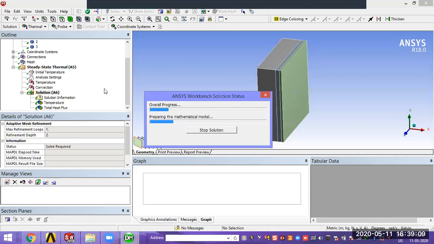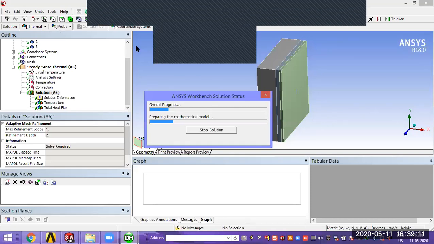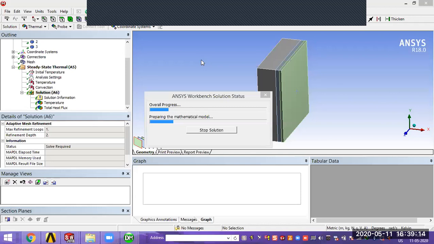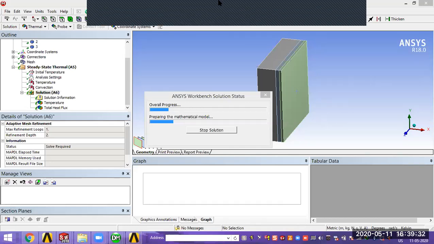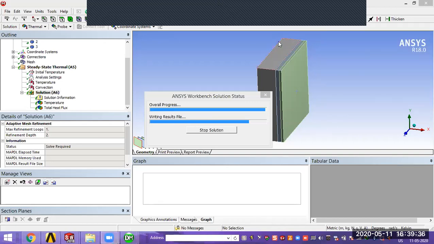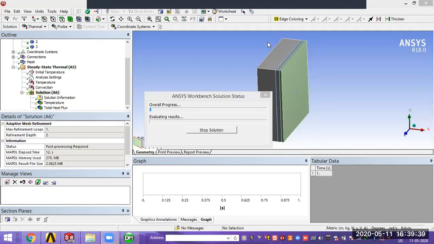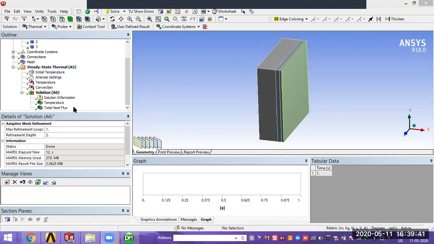Some 1 minute extra time it will take to solve the problem. Now it's solved. The tick mark is coming.